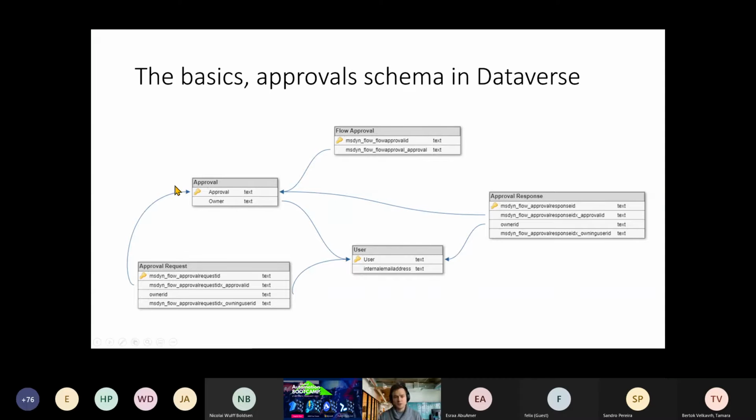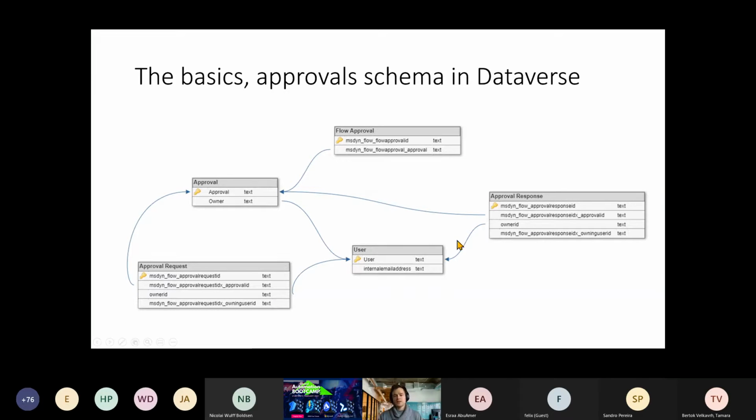One more piece of information: the approval is also holding information about the type of approvals, like first to respond, auto respond. In approval request, there is information about every single assigned task. So if you're assigning a task to 5 employees, then there will be 5 entries in the approval request table. The name has changed. And here you will find information on when this particular task was created, to whom, so who is the owner, to whom it is assigned, and what is its status,